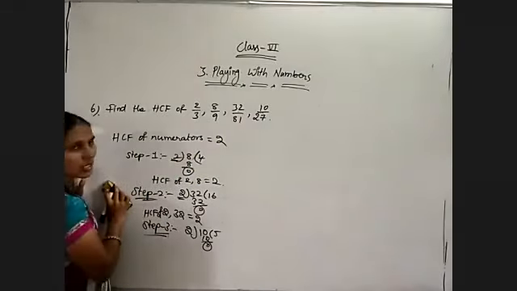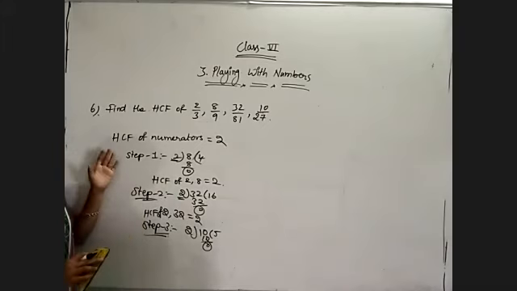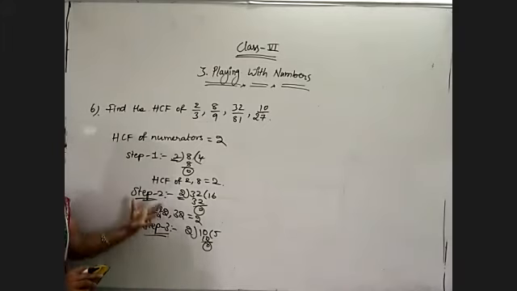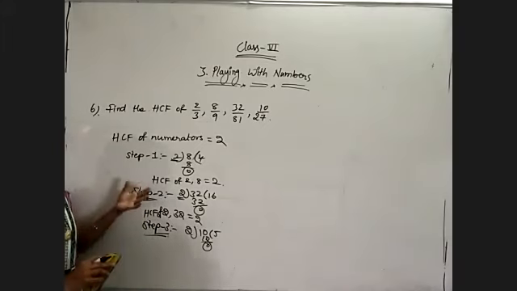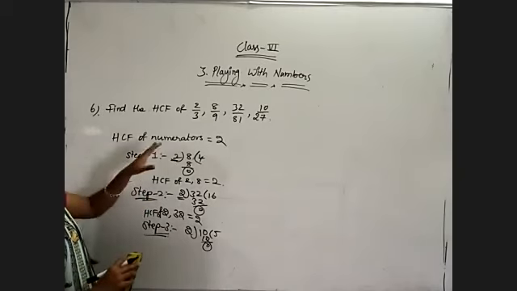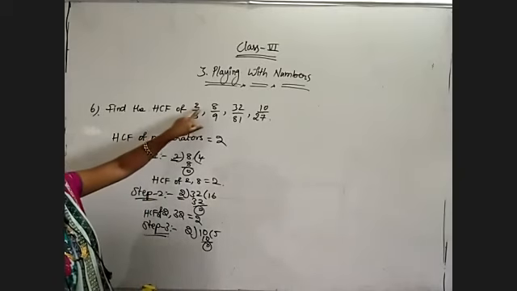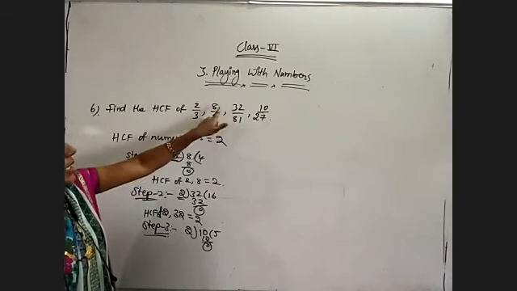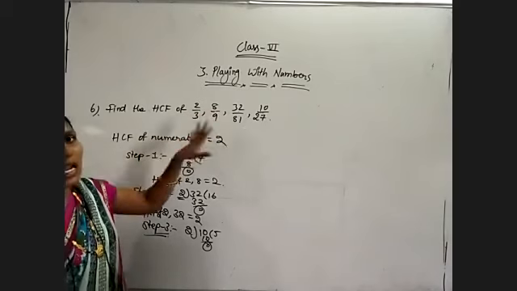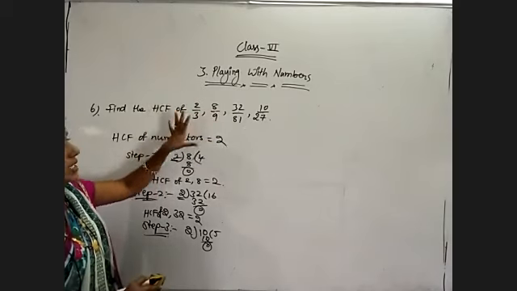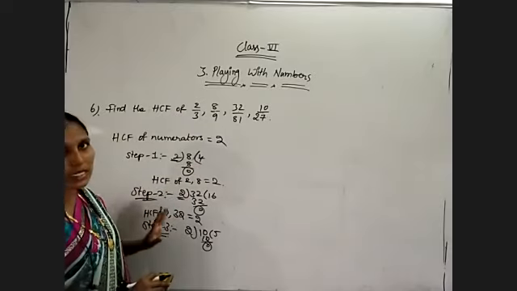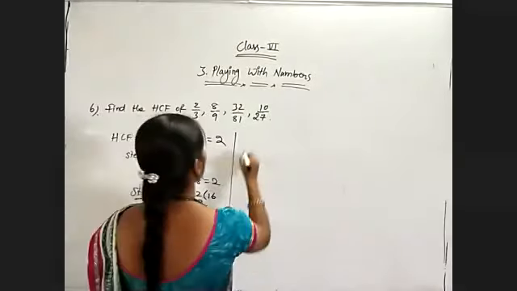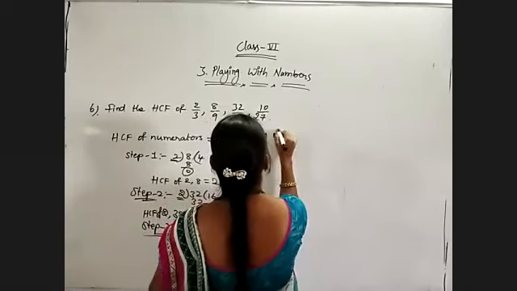Actually, no need to do all this unless it is a simplification question. If it is an objective type question, directly write the answer, because among 2, 8, 32, 10, all of 8, 32, 10 are multiples of 2. So the HCF will be equal to 2. That is the reason. And coming to the LCM of denominators.